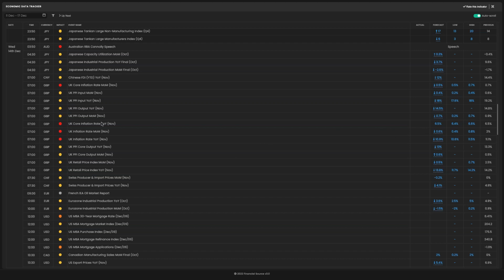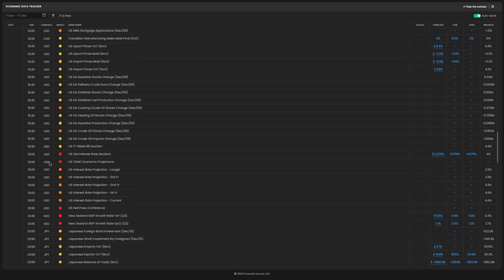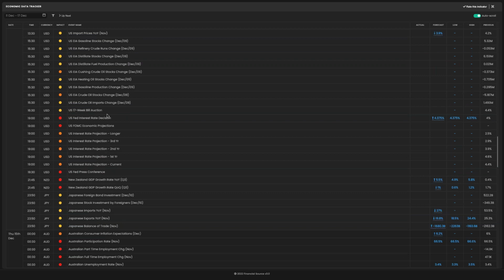if we saw a big miss in the data, you could see that actually being positive for the pound, because markets will think, okay, the stagflationary environment is receding. Or you could see a big miss in the data seeing a flush lower in the pound because the Bank of England would need to be less hawkish. I'm not sure which narrative investors would focus on. My gut is that they focus on the stagflationary environment, but because the picture's not clear, I would leave that, particularly because we have the Federal Reserve meeting at 7 o'clock later in the evening. That's the tradable decision. I will be going through what I'm looking for on Wednesday's workshop at 12:30 UK time.